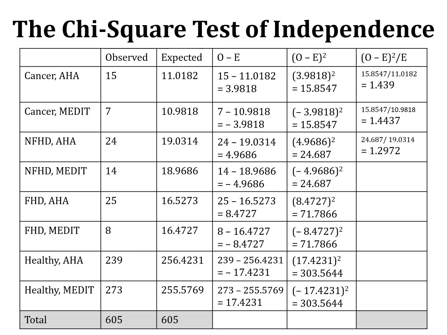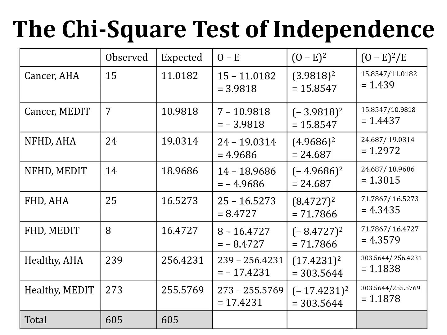1.4437. And then 24.687 divided by 19.0314, which is the expected frequency of the same cell, non-fatal heart disease on AHA diet. We calculate that for the next cell as well, which is non-fatal heart disease on Mediterranean diet, and the square of the difference between observed and expected frequency is 24.687, and this is divided by the expected frequency, and the result is 1.3015. So we do the calculation for every cell,